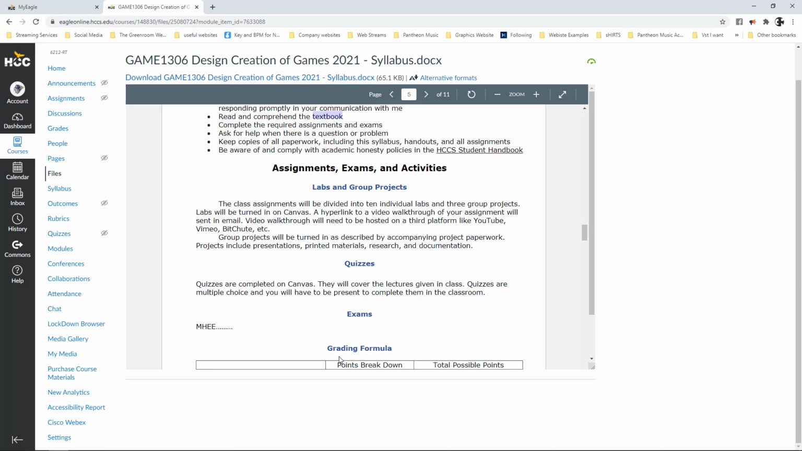There will be a hyperlink available through Canvas that will send you to a YouTube video, and that's where you will be able to watch these. Now, as far as turning stuff in, as far as the labs are concerned, those will be done through a third-party platform like YouTube, Vimeo, BitChute, etc., which allows you to load video to that. If not, I have another free one that I will give you a link to that is made by, I think it's TechSmith,